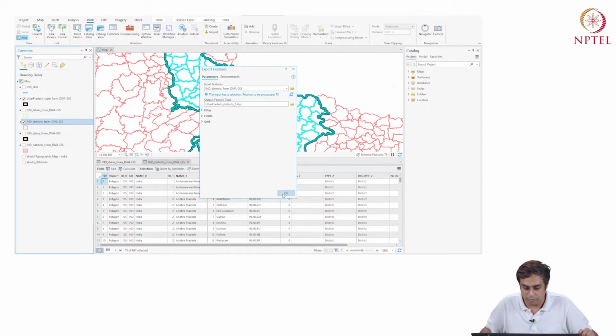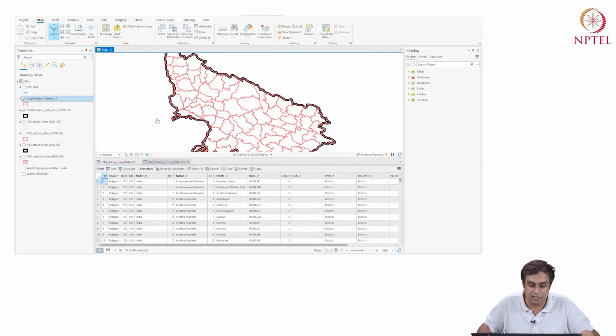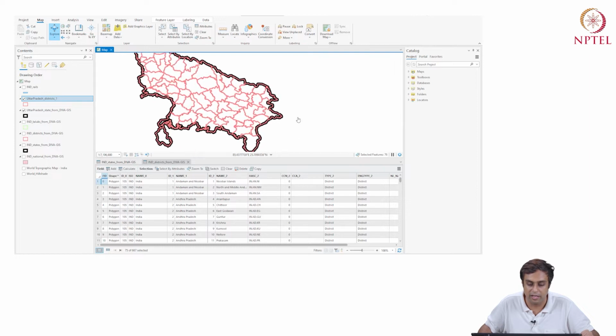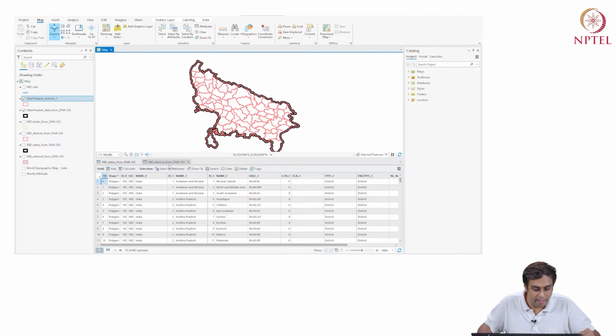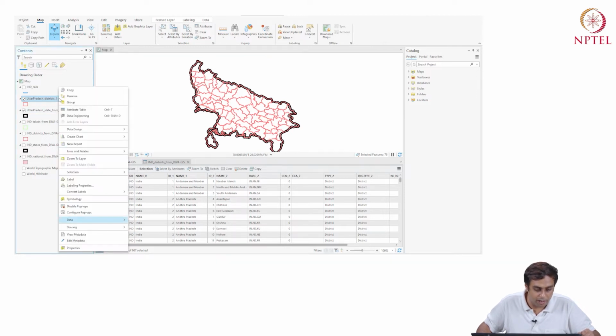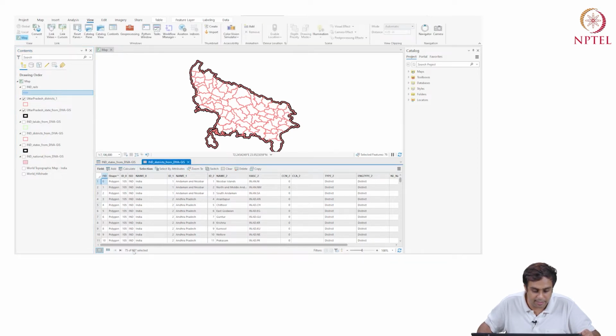Save. Okay, it's saving the features and it gives me a new layer called Uttar Pradesh Districts 1. If I deselect the other districts, the entire country's districts, fantastically, it only gives me the districts of Uttar Pradesh. Okay, and if I open the attribute table, the attribute table for India districts had 667 units.